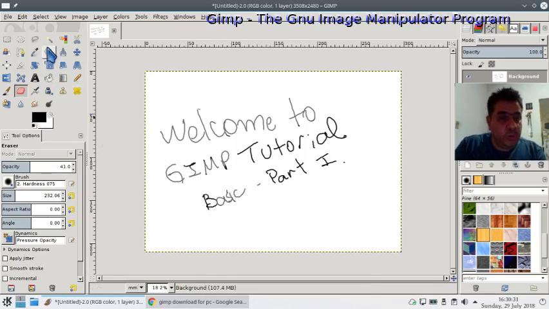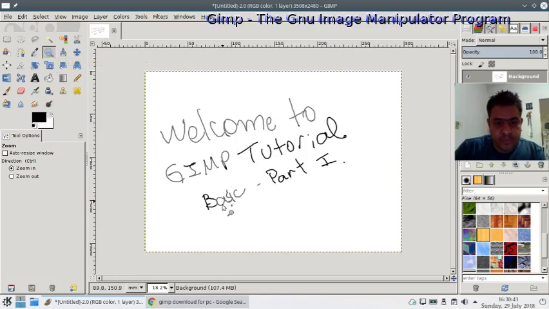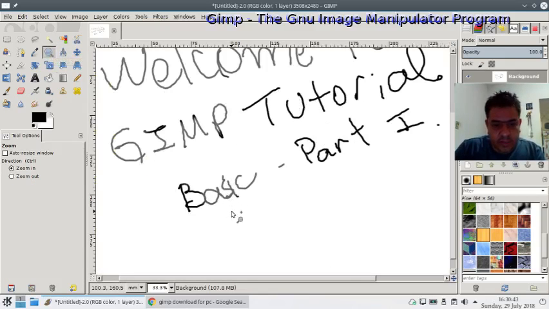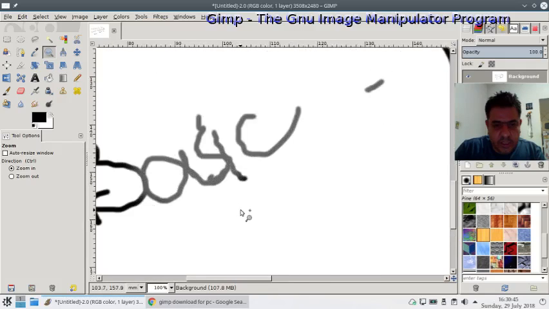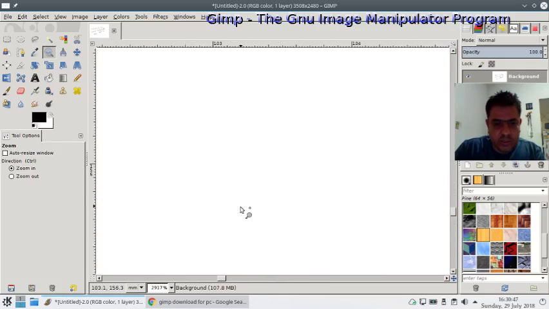Let's see the zoom tool. This here is the zoom tool. You access it by clicking here or just typing Z, and if you just click the image, you will see the zoom is going up,